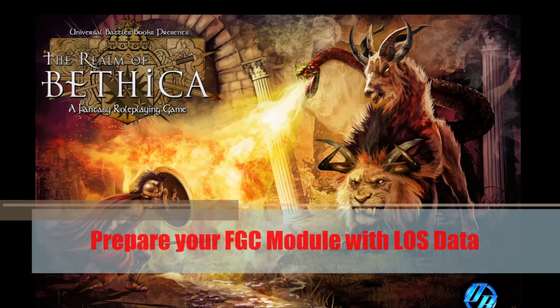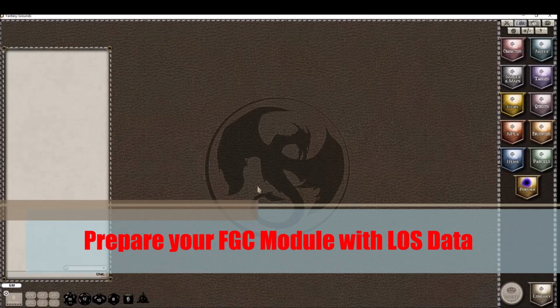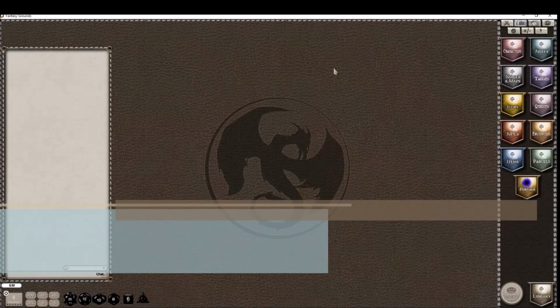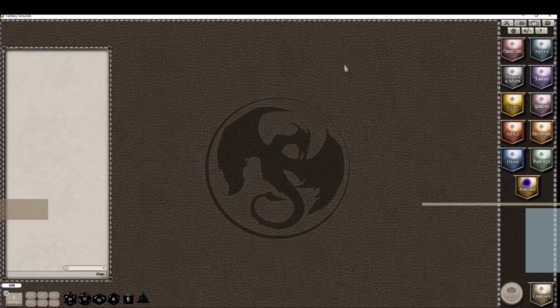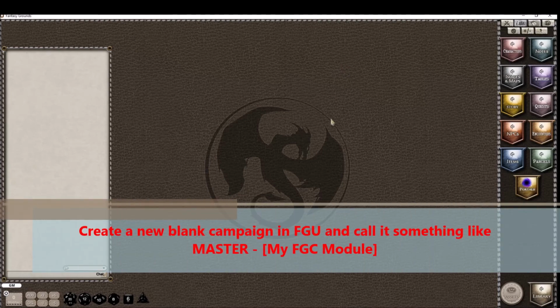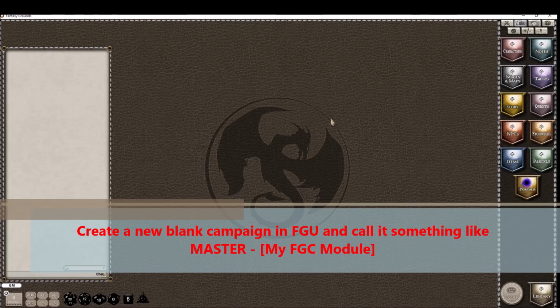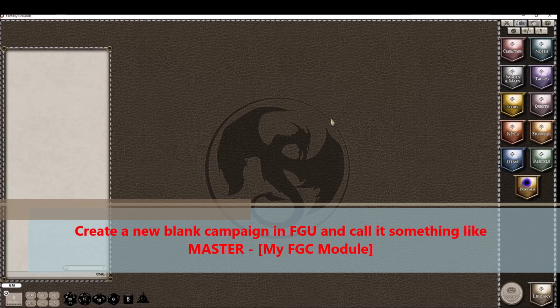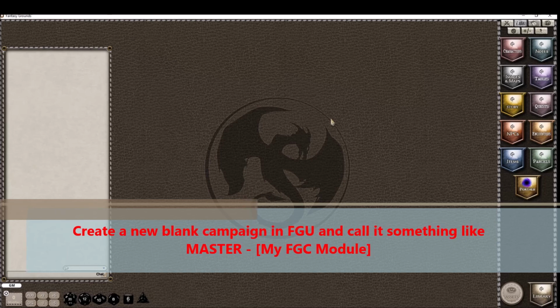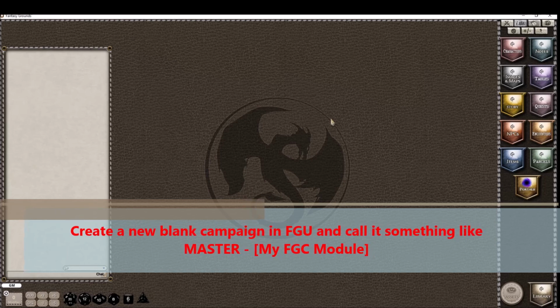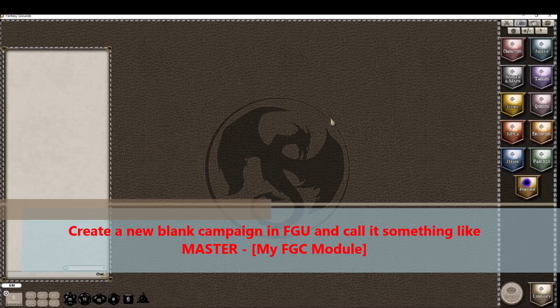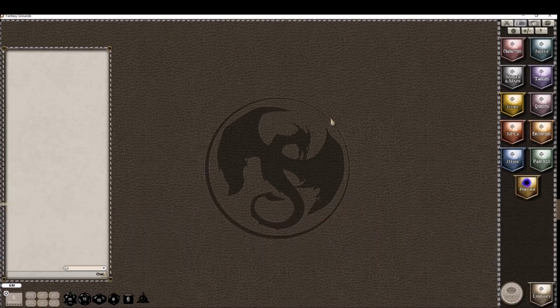Okay, I already have this module window open for my Fantasy Grounds Unity. So the first thing you want to do is create a brand new campaign in Fantasy Grounds Unity. Name it whatever you want, my LOS modules, whatever you want to name it. But it's important that you create a new campaign. Okay. So that way, do a blank campaign. Once you create the campaign,